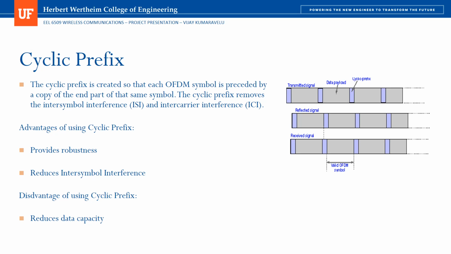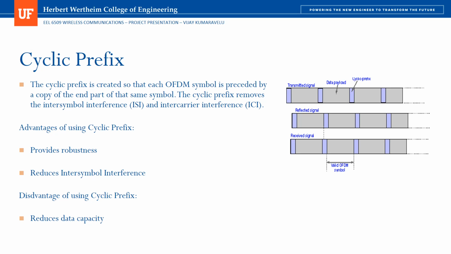Cyclic prefix. Cyclic prefix is mainly appended in order to eliminate intersymbol interference or intercarrier interference. Now, this is nothing but you take a part of the OFDM symbol and you put it before each OFDM symbol. So this is nothing but redundant bits in front of an OFDM symbol. This is done so that even though there is an overlap between the present symbol and the past symbol, you have these redundant bits that will be overlapped, and therefore your information stream or the data payload will be unaffected by the overlapping of symbols.